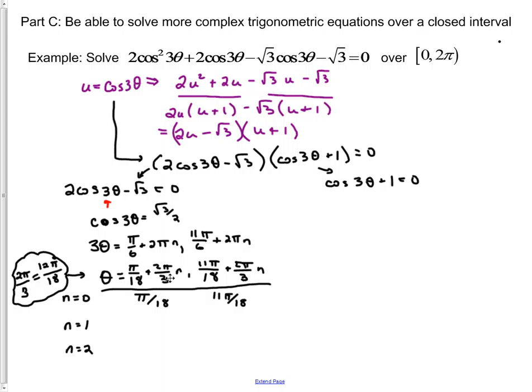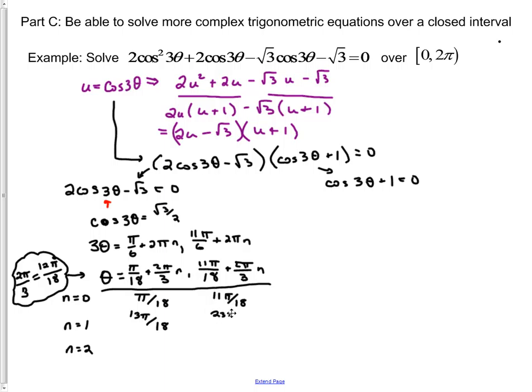Well, 12 pi over 18, that's 2 pi over 3 times 1 plus pi over 18. That's going to be 13 pi over 18. And letting n equal 1 right here, 12 pi over 18 plus 11 pi over 18 is going to be